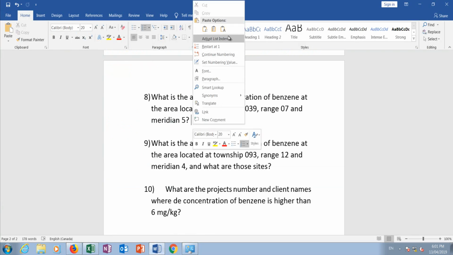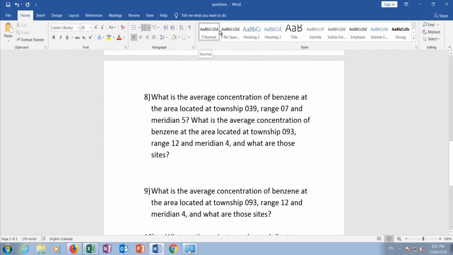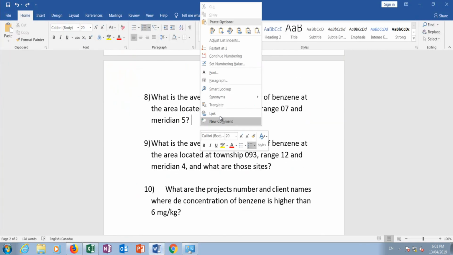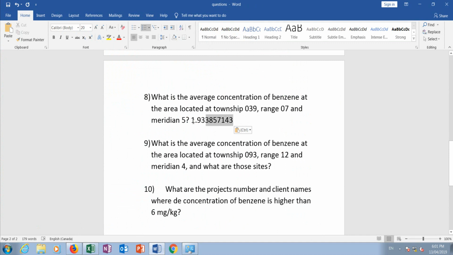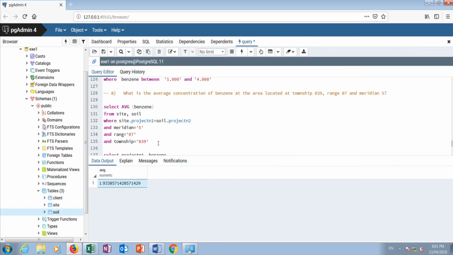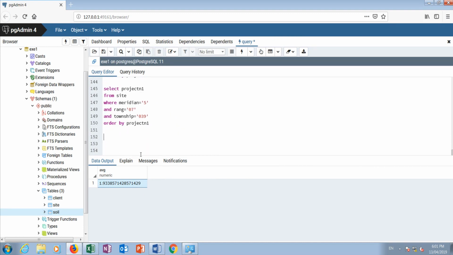The average is this one. Oops. Copy. Paste here. And now if you see, the next question is the same as this one. The only thing changing is the township, the range, and the meridian. But there is something very interesting in this question because of the number of analyses. Copy, go here, paste the question,